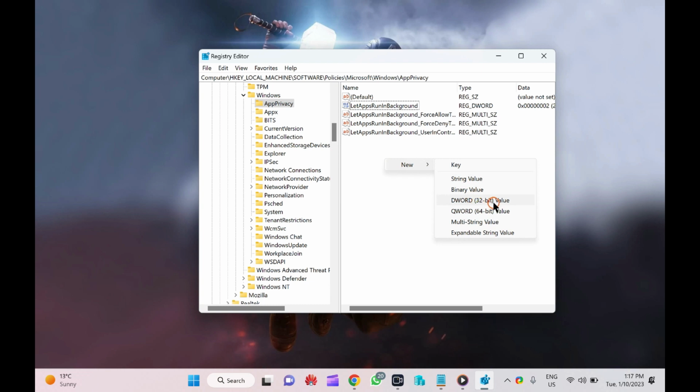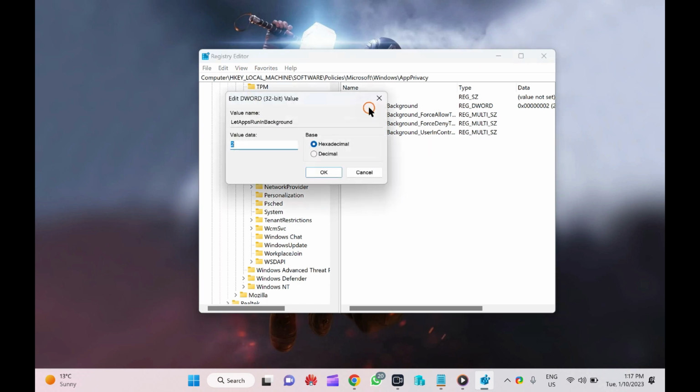This is the DWORD 32-bit value. You must always create a DWORD 32-bit value, even if you are using a 64-bit Windows OS. Don't create other value types.